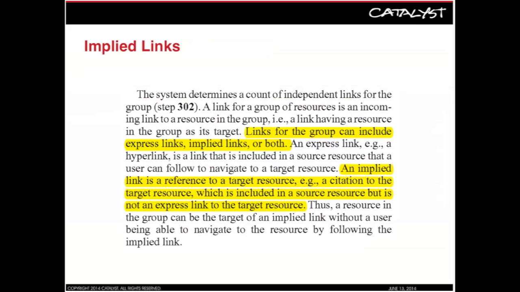Now let's look at implied links. An implied link exists when there is not technically a hyperlink in place, but it is implied that there should be a link in place. So for example, let's say I'm writing a blog post and I mention Catalyst Search Marketing, but there's no link, so the user can't actually click on the text and navigate there. But Google knows that it's an implied link. There should be a link there. This is also called co-citation. Moz has had a lot of information about co-citations, where there's mentions and citations, but not necessarily a link.